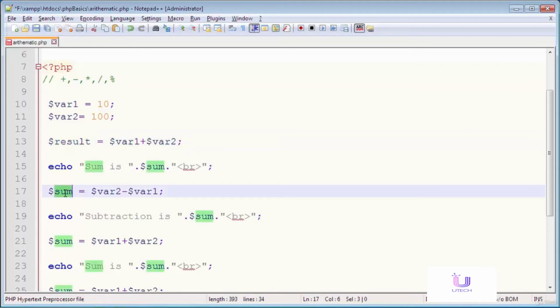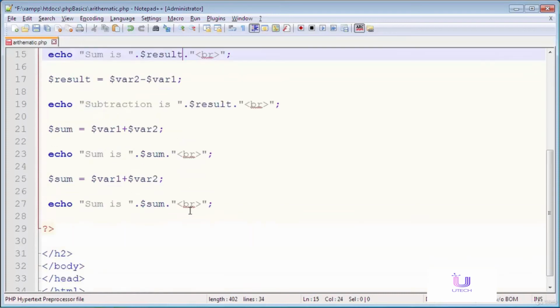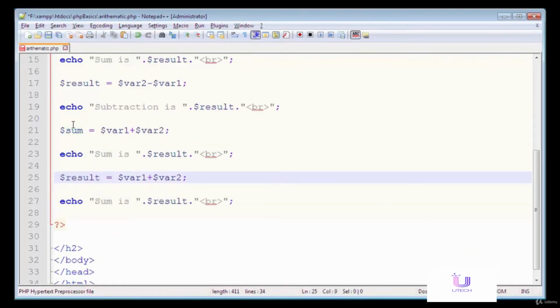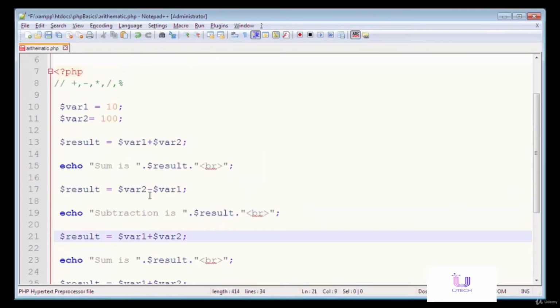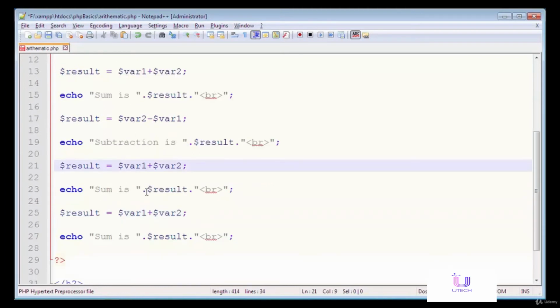So here it will be result equal to var2 minus var1. So subtraction is result. Here also it will be result. And here I'm going to find the multiplication of these two variables.